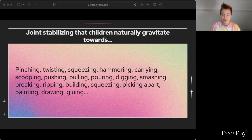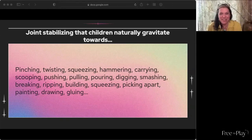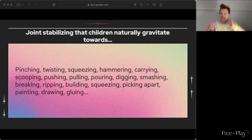And so all of the little things that kids pick at and rip apart and get into, the things that twos and threes do if you leave them unsupervised for 10 seconds, and you look back and they're picking something apart, or squeezing out your whole shampoo bottle, or whatever it is that they got their hands on, they do it because they know they need to squeeze and pinch and pick and tear apart and look at the inside of. And in addition to all the mental skills that go with that, because their brain is figuring out the whole entire world,